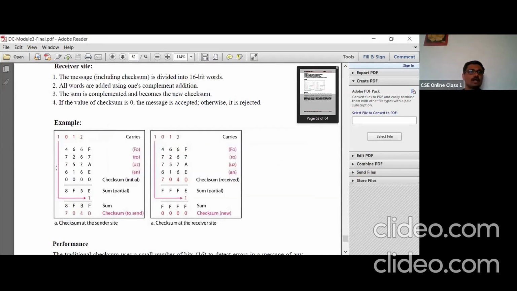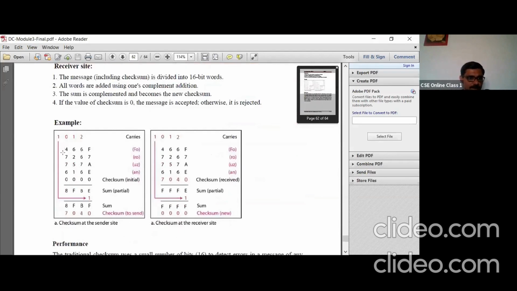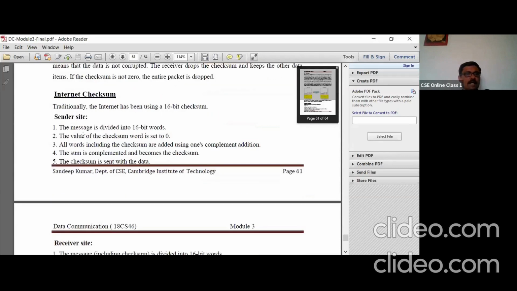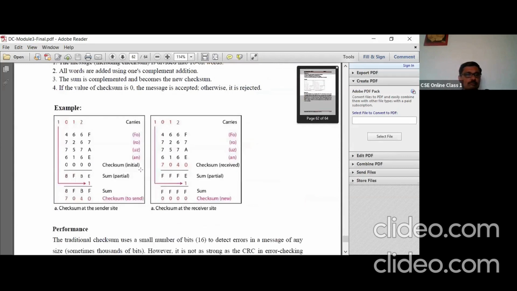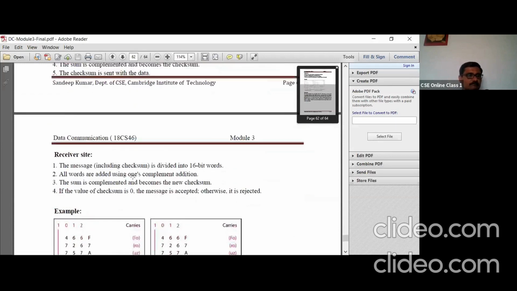Now let us go according to this algorithm. The message is divided into 16-bit words. Here there are 4 words, 16-bit words. The value of the checksum word is set to 0 initially.